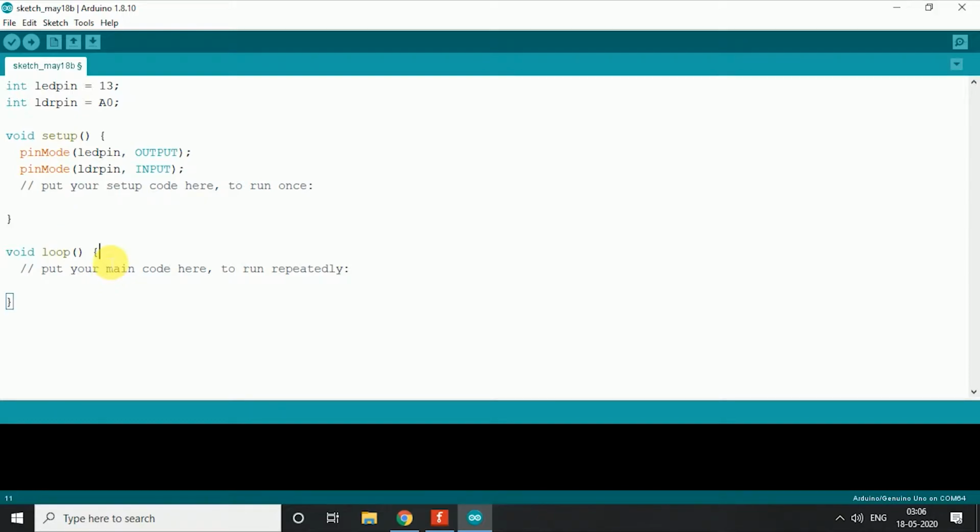Now coming to the loop, what we'll do over here is we'll define the LDR value and analog read the LDR pin.